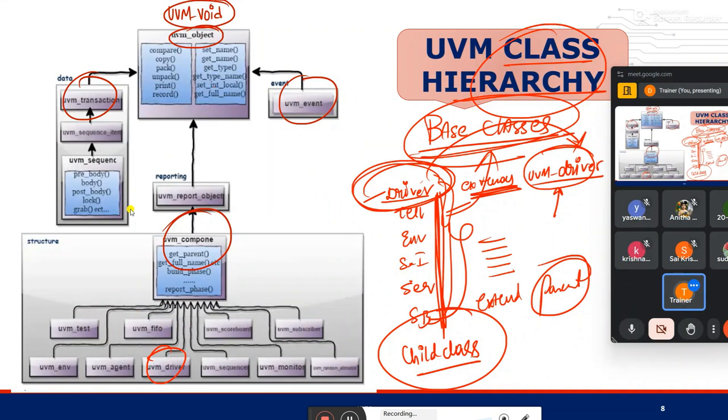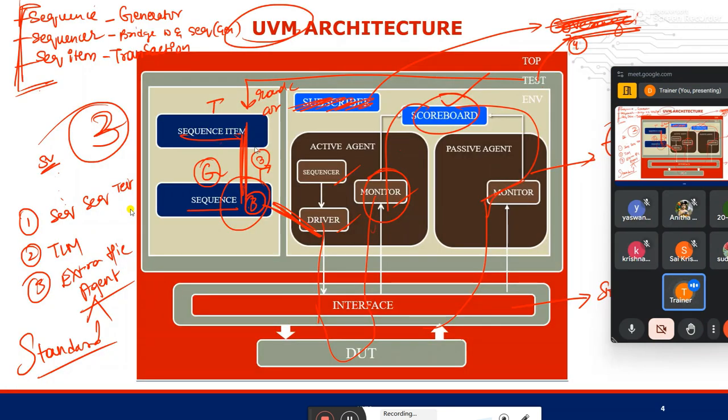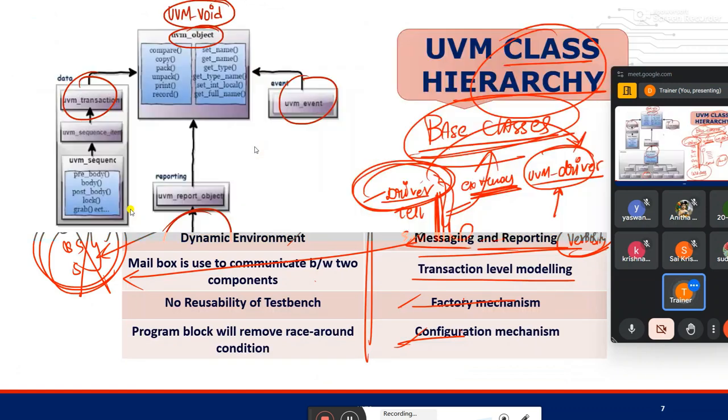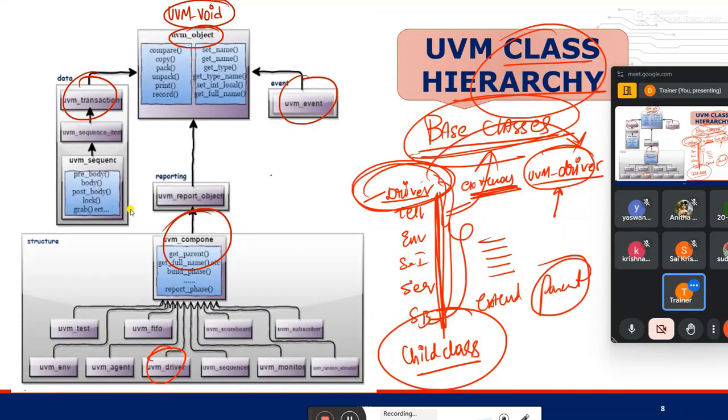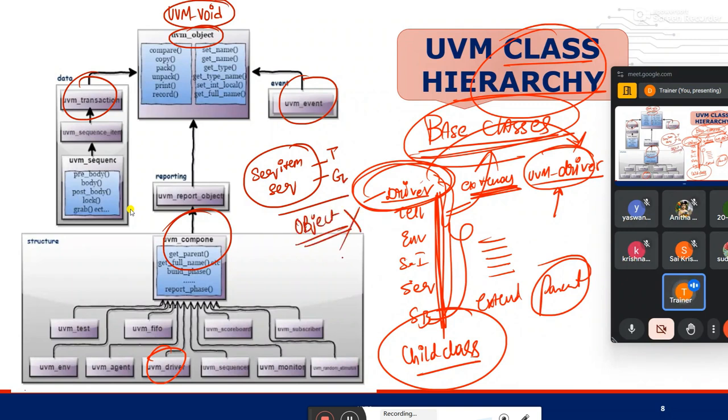In the complete UVM architecture that you see here, all are components except two, that is the sequence item and the sequence. I mean to say the transaction and generator, these two are objects. This is not a component.